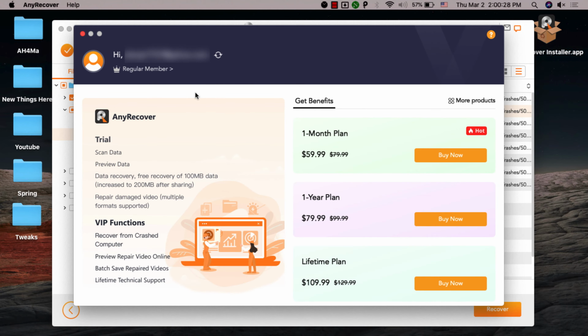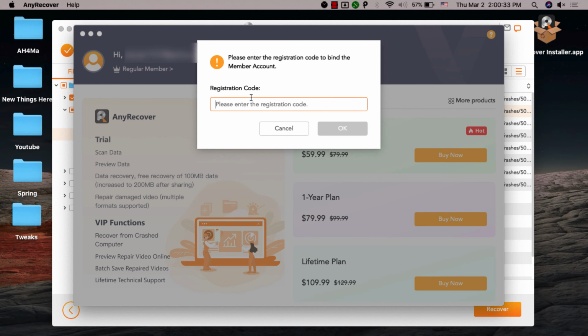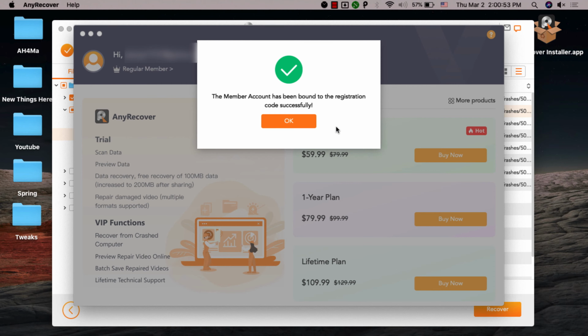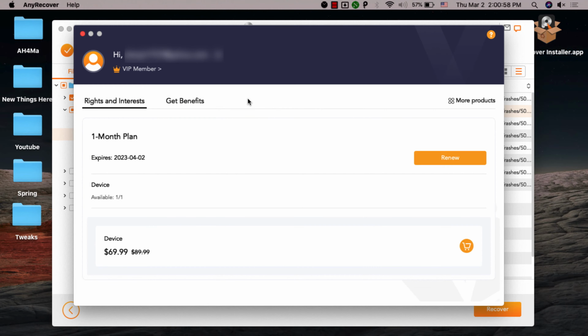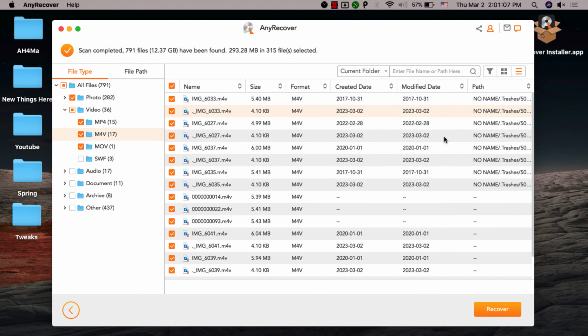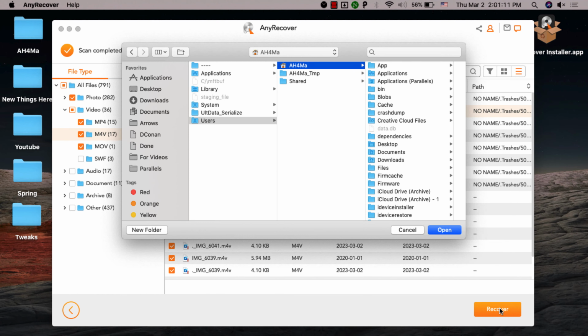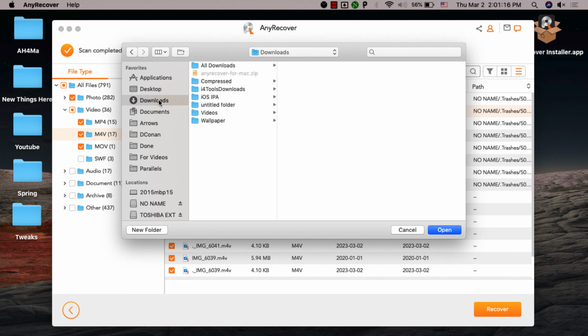After signing in, click on account icon and type your registration code. I will type my code here, hit OK, and boom. As you see, now I have the full version of this software. The free version allows you to recover only 200 megabytes of deleted data. Alright, click recover. Choose where you want to save the data, and very important note, guys, don't save the data